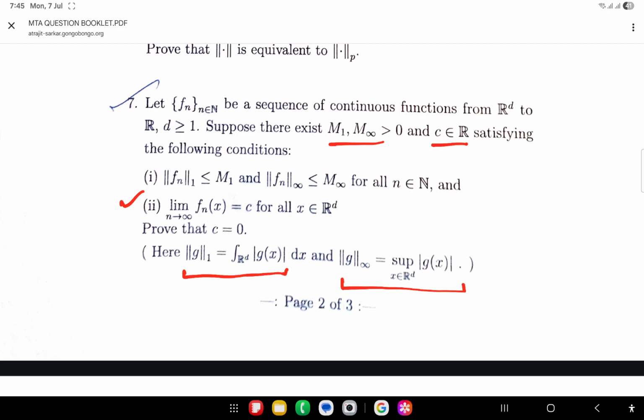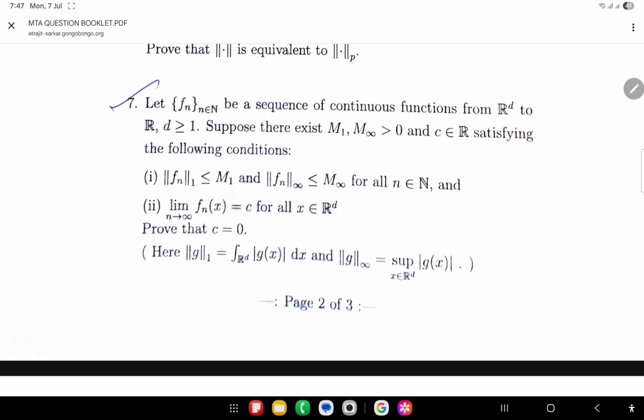So here we will use Fatou's lemma. Look, there are a lot of tempting attempts like using dominated convergence or uniform convergence to take the limit inside, but everything fails because we don't know that we can dominate by a function or whether it is uniformly convergent or not. So these attempts fail. You can try. Fatou's lemma is the only thing that gives us relaxation and we can prove it.